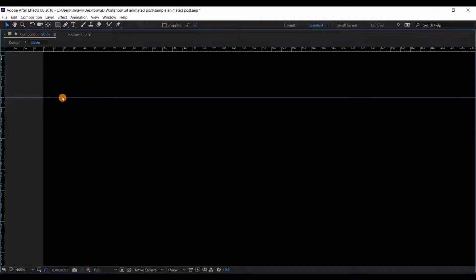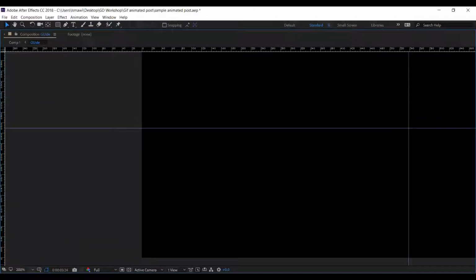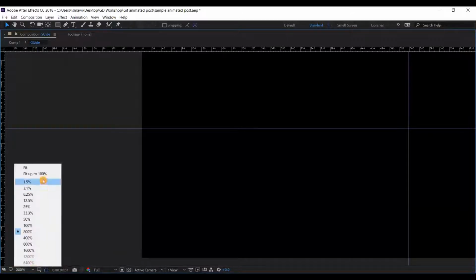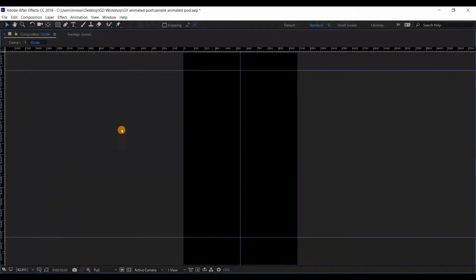So click Control minus to zoom out, or you can go to your magnification ratio pop up here and choose fit up to 100. So now we have our screen and we have our guideline. Okay, so remember this is the header area. Sorry, the header area, and below here is the footer area. So we will keep it clean without any text or information on it.